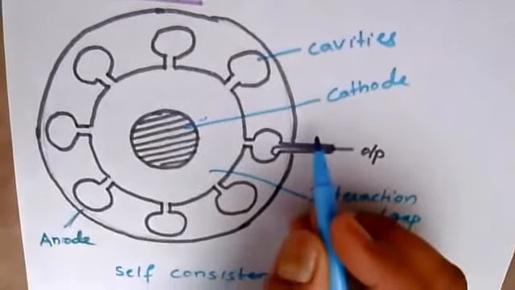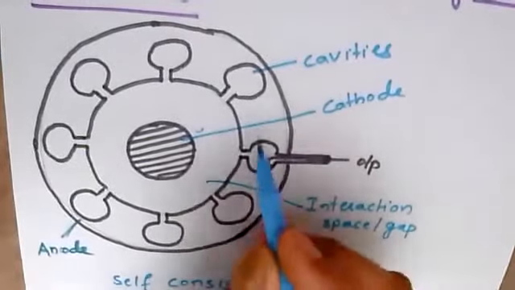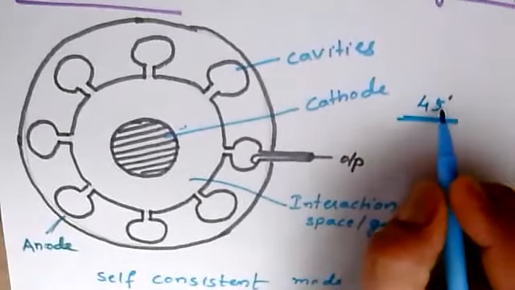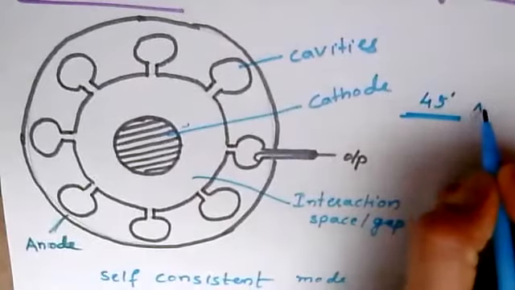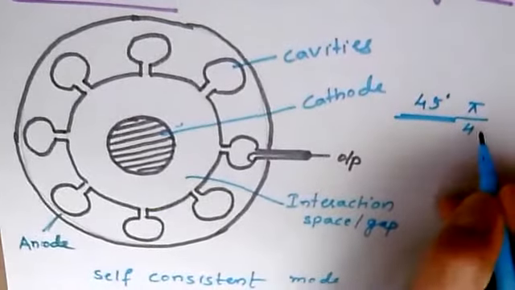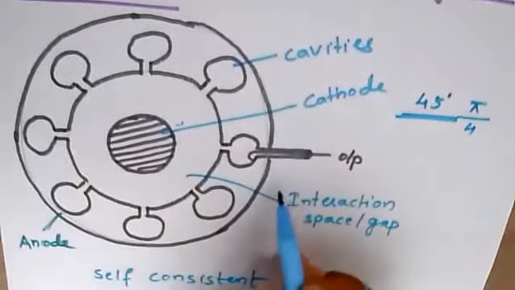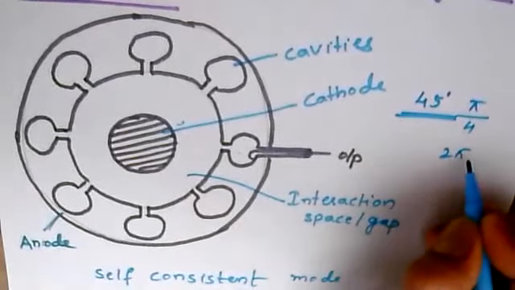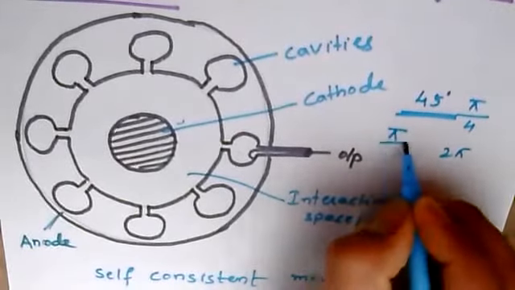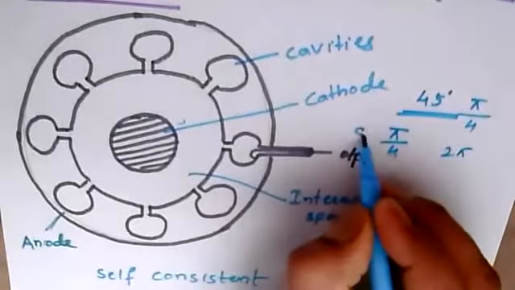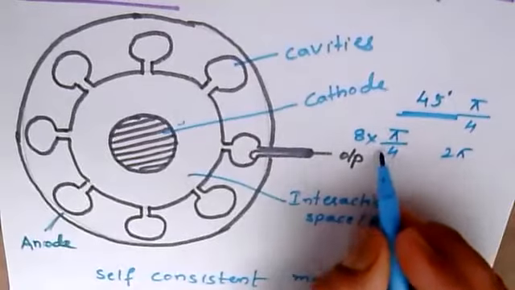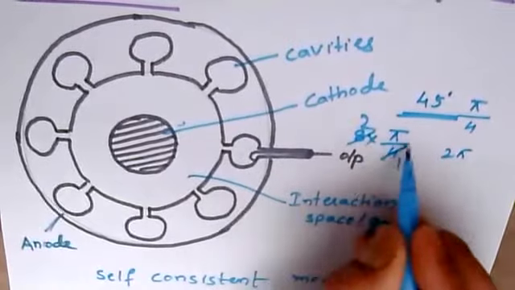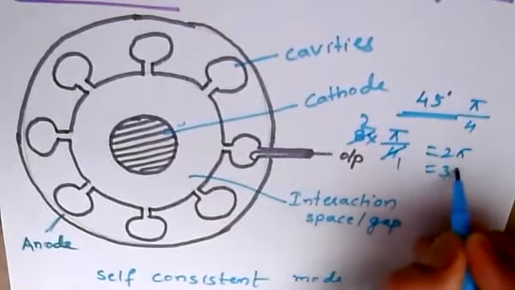So you can see that some of you have given the correct answers, where the phase shift between the cavities should be 45 degrees only. Once the phase shift between them is 45 degrees, it can be called pi by 4. In order to justify 360 degrees, that is nothing but 2 pi, this pi by 4, how many? There are 8 cavities, 8 into pi by 4. They have a phase shift between them of pi by 4, so that it will be 2 pi. It is nothing but 360 degrees.